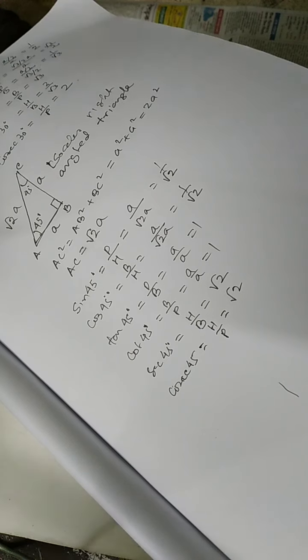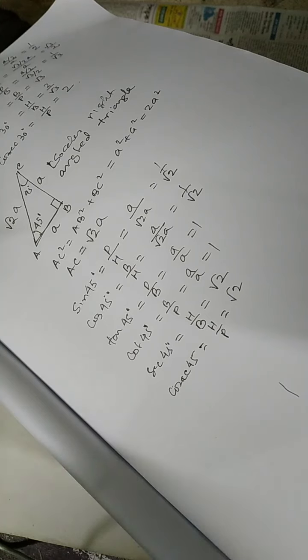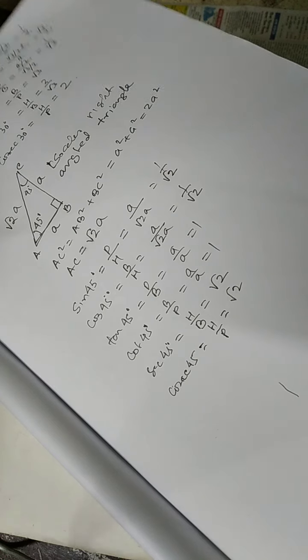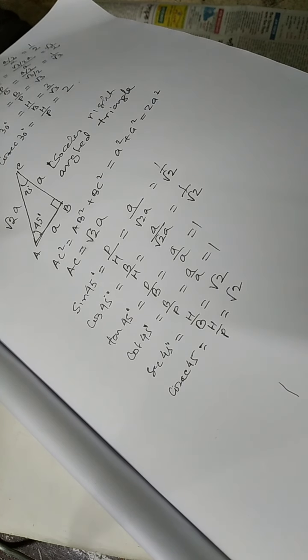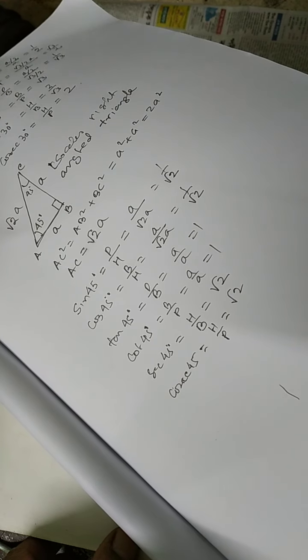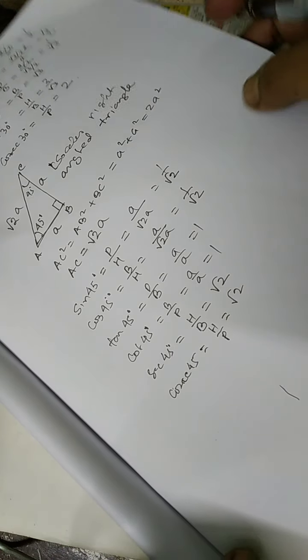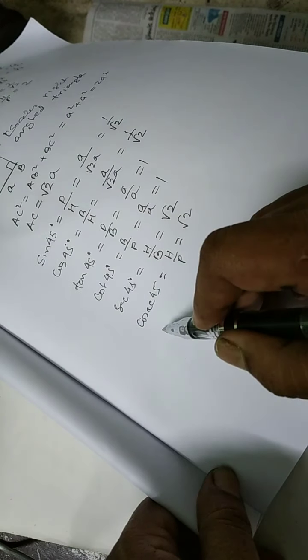So for sine 60, sine 30, sine 45, the ratios of angles are always constant. For 60 degree, though the triangle is small or large, always the sides, for example cos 60 is half, that means the hypotenuse is double the base. This is a very important concept. For example, 45 degree is a very fine example.